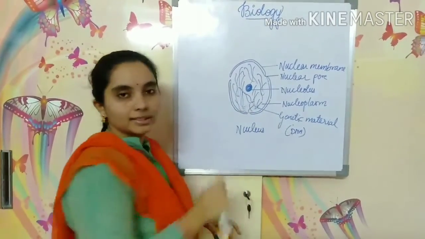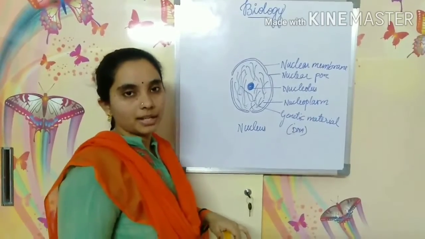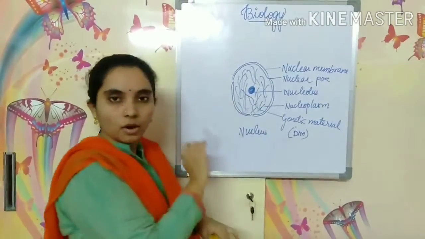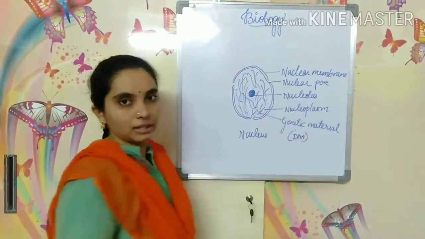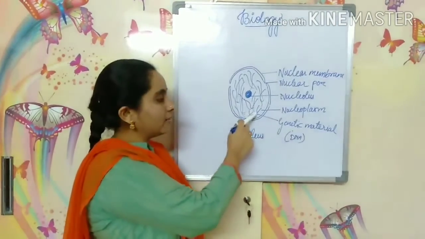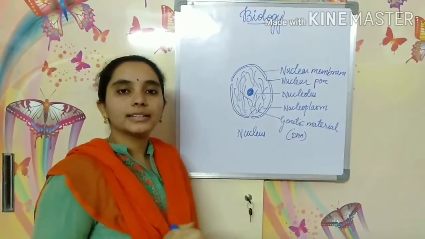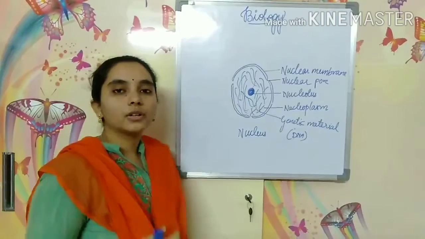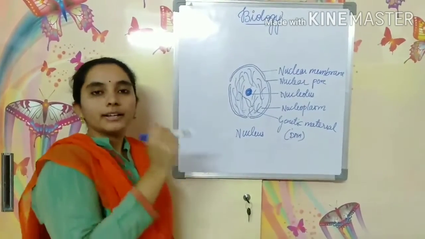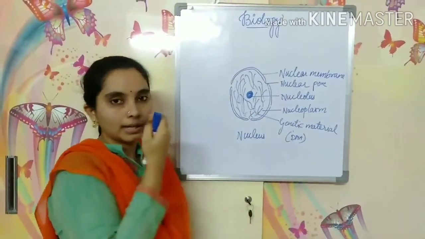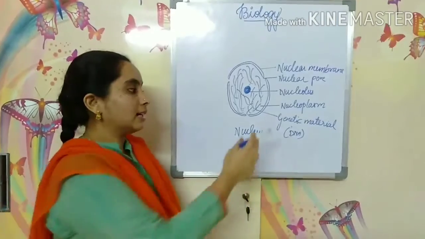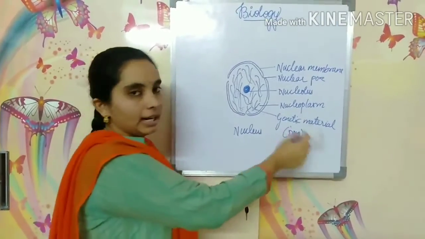And the cell has cytoplasm in it. Cytoplasm is a fluid that is present in the cell. In the same way, the nucleus also has nucleoplasm in it. The important material is the genetic material, which is present as threads. If you coil a thread, that is how it looks; the same way, genetic material is present inside the nucleus in the nucleoplasm. So this genetic material is nothing but DNA.